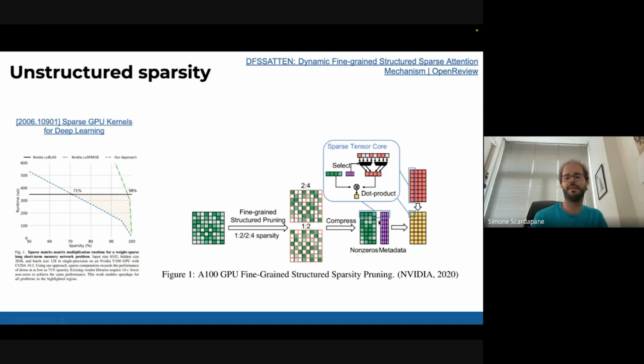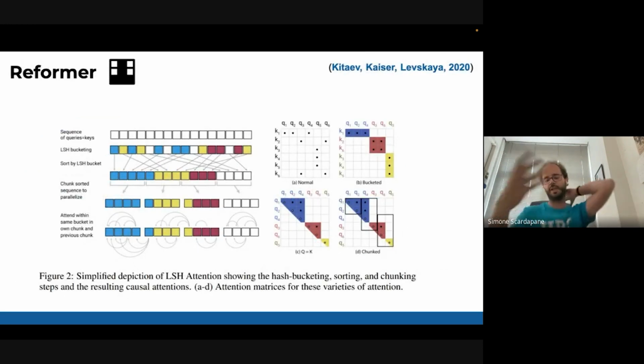Now we have some better kernels, but they're also optimized for structured sparsity. So you need your values to be 0 in specific groups, so that it can be optimized in certain fashions. And that's really, really hard to make work. There are other ideas that try to do this. There is the Reformer, for example.